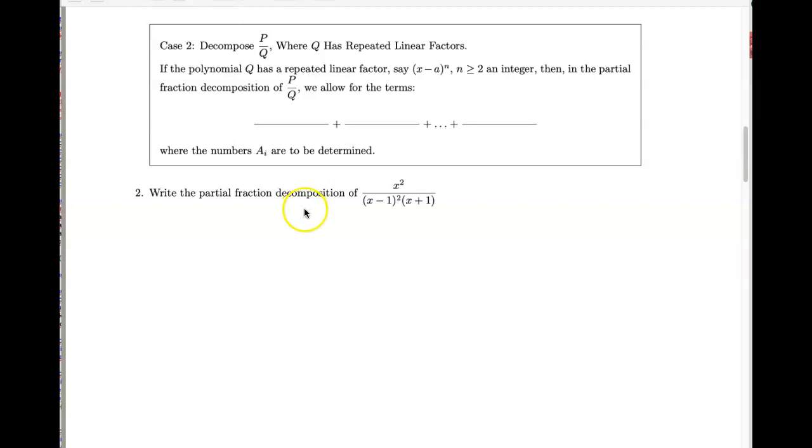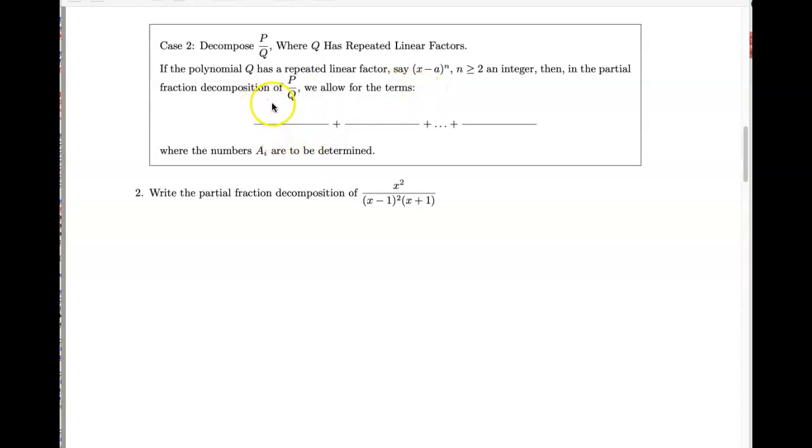All right, everybody, let's look at case 2 for the partial fraction decomposition. Case 2 involves where Q has repeated linear factors. This is like if you have (x minus a) to the n, so for instance, (x minus 3) cubed, even x cubed or x squared, because the 0 is still going to be the number 0. Anytime it has a repeated linear factor, when n is greater than or equal to 2, then